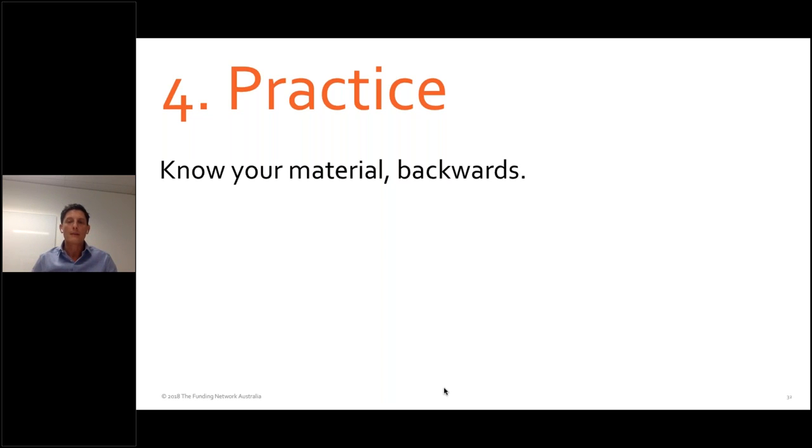When it comes to practice, do everything you can. Practice in the mirror, practice to your dog if you need to. Video yourself on your phone. Even if you're only trying to practice how you're going to deliver a particular ask to a funder when you go to meet them, or how you're going to describe a particular program or tell a particular story, video yourself telling that story and then watch it back. It's painful, but it's a brilliant way to critique yourself and work out where your own personal glitches are, where you stumble, or where you think you need to put additional emphasis.